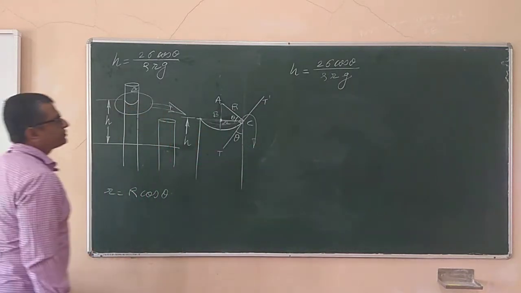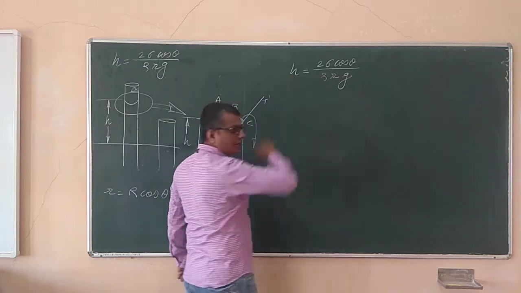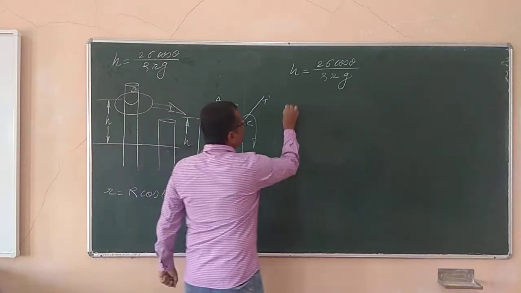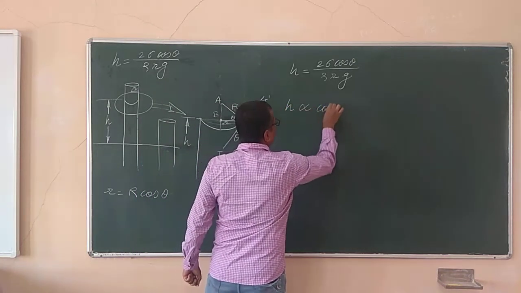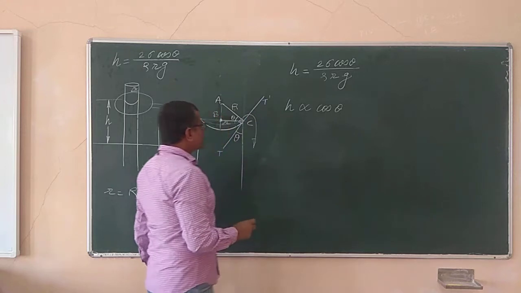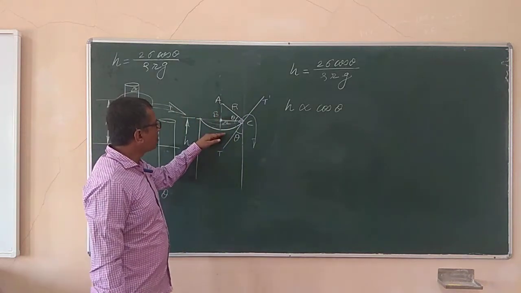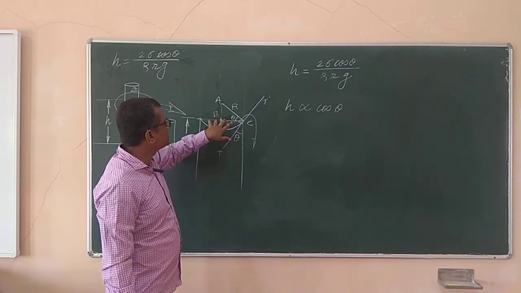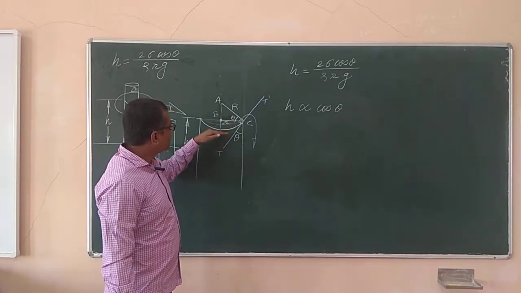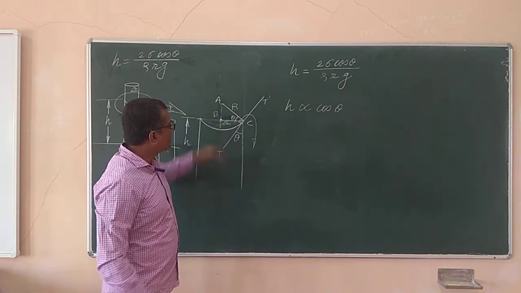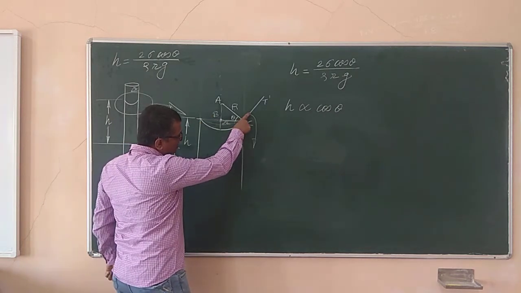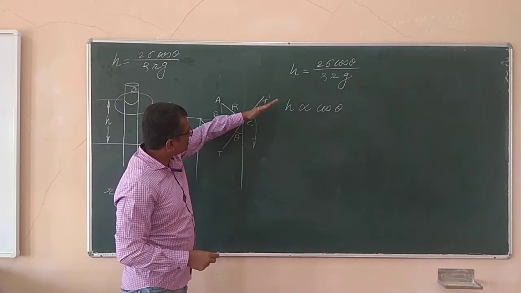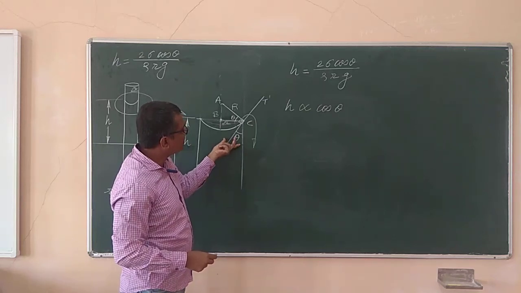In another way, it can be explained as, see, the height of the liquid level in the capillary tube is equal to twice sigma into cos theta upon rho Rg. So it is clear that H is proportional to cosine of angle theta. If this is the case, as I already explained, how does this capital R vary and how does water stop at this level? In another way, I can say, if the liquid level is going up and up, the tangent to this curvature at the point of contact will move this way, this way, this way. I mean, this theta will go on increasing.